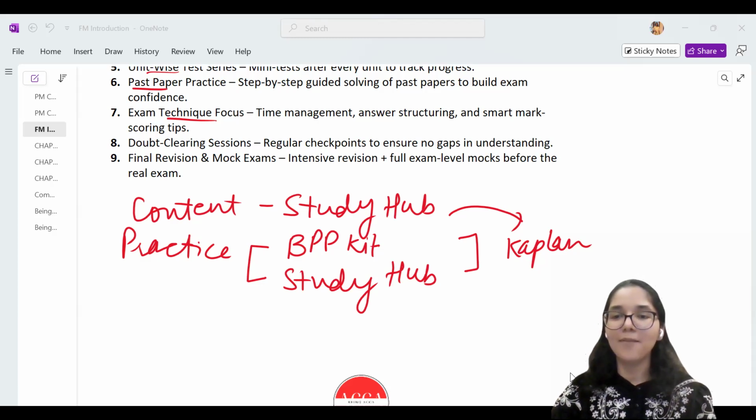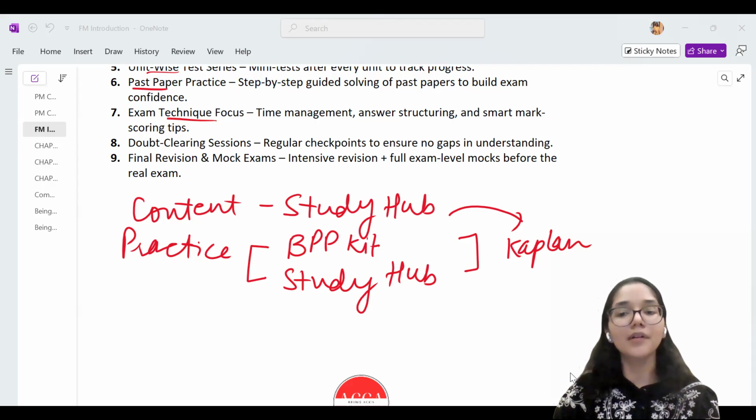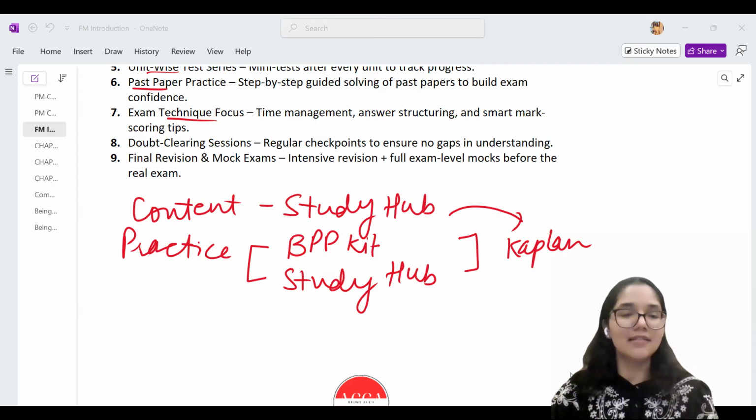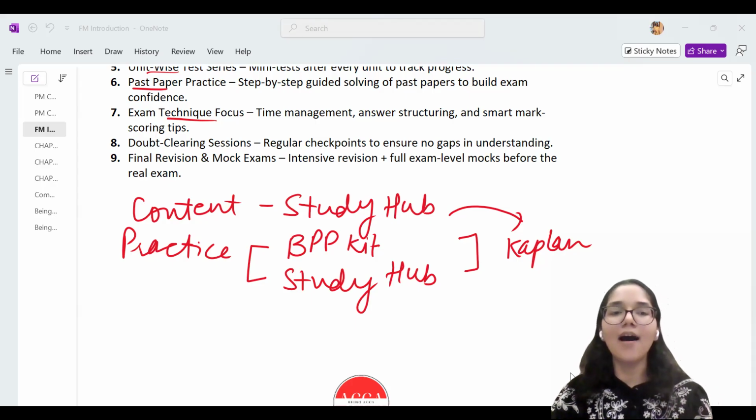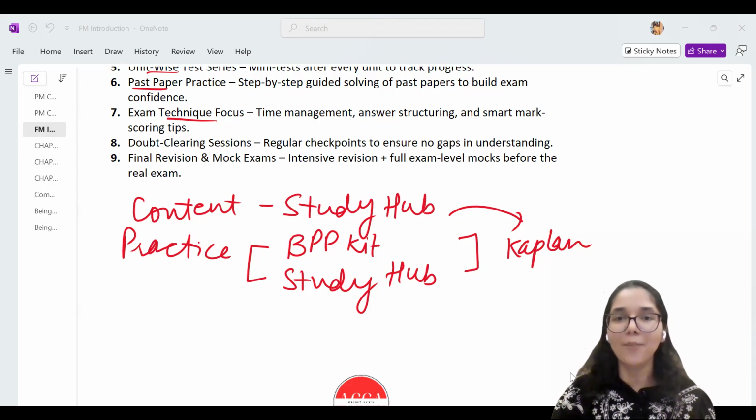Wow, perfect example given by Levin. He completed his graduation in 2008, restarted studies in 2023. FR was the paper that he last attempted, and he topped the country in that paper. So this is totally up to you. If you have the zeal to learn, nothing is impossible. Age and all of these years, they're just numbers. If you really are interested, if it's something you are passionate about, nothing can really stop you.